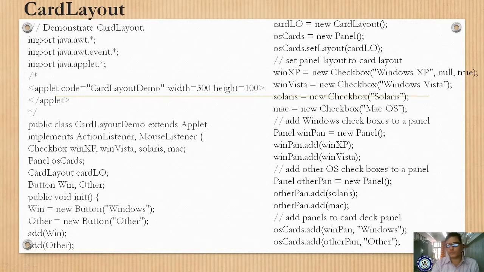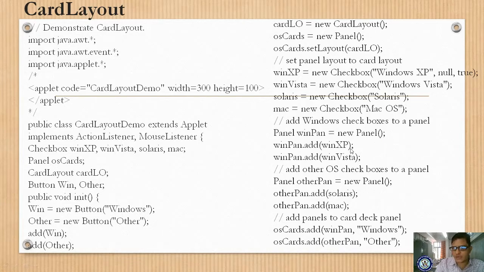Now please observe here, osCards is your panel. With osCards.add you are adding to this panel. What are you adding? winPan. What is winPan? winPan is another panel, and its name is given as Windows.